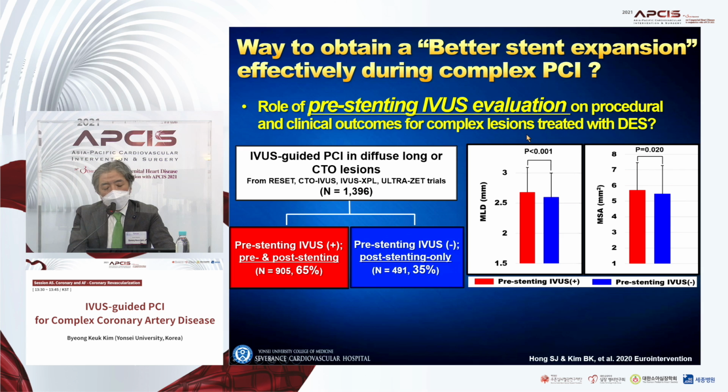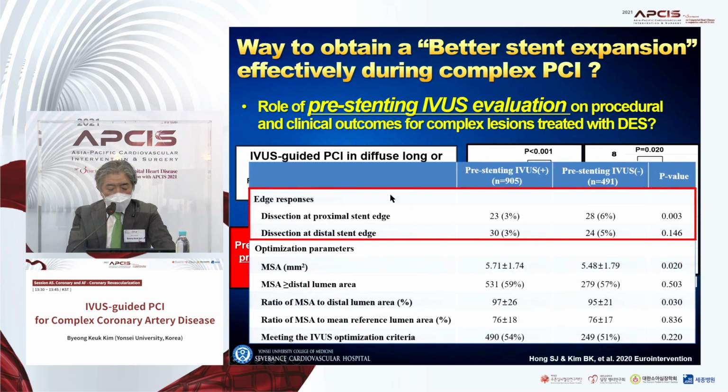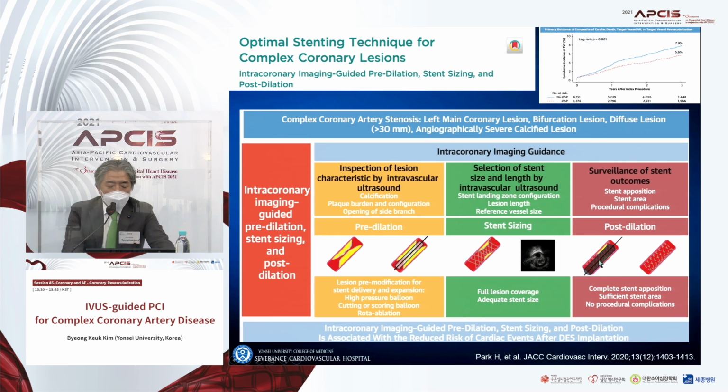So what about the way to obtain better stent expansion effectively during complex PCIs? We investigated pre-stenting IVUS evaluation and its effect on the clinical procedure and clinical outcomes. In this analysis, the pre-stent IVUS group showed significantly greater MLD and MSA. And interestingly, the edge response also was significantly different. The dissection rate is a little bit lower in the pre-stenting IVUS group as compared to the post-stent only IVUS group. So this is the last slide for this